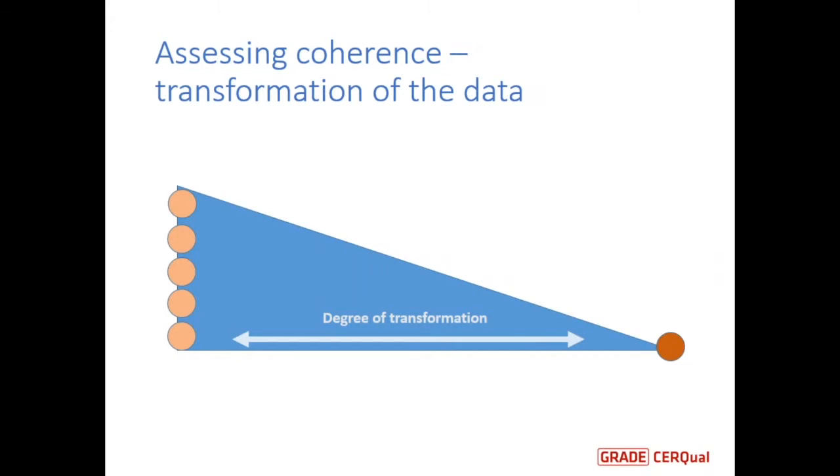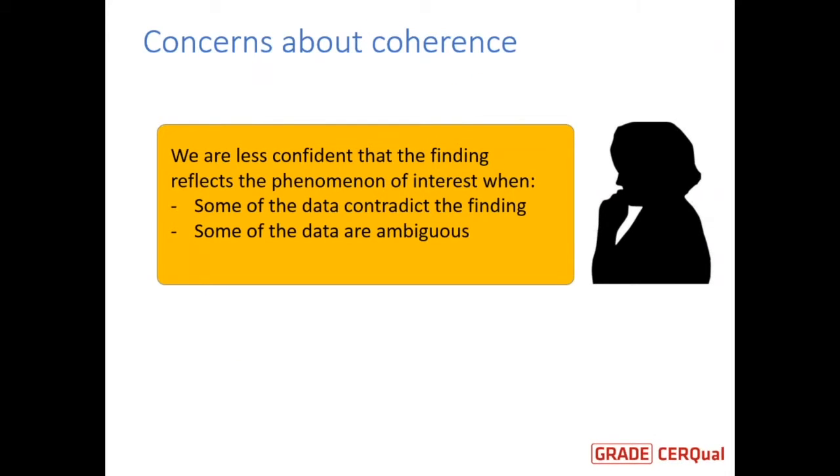And then secondly, in the cases where there are ambiguous data, so in the pictures that Claire showed earlier, there's some pictures where we're not sure if the woman is crying or laughing. And that could be in data all the time, that you're not sure what it is actually saying. So you would rate down for coherence in that case if you are uncertain, if it seems like it may be supporting the review finding, but it's a bit unclear. You might also rate down for coherence if, like I said, there are disconfirming cases that you have chosen not to take into account in the review finding.